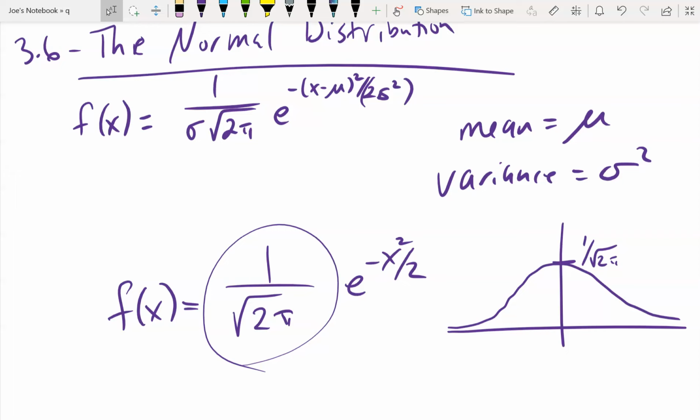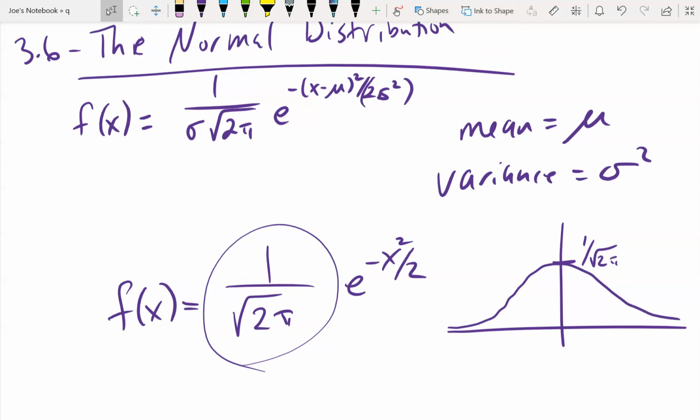And the reason why this sigma is out in front here is because I need to adjust to make sure that my area stays 1. That's going to be a PDF, right? So when I put the variance in here, I'm going to put a sigma on the front to keep everything equal. Think about what you would do if you did a U substitution, right? If I did a U substitution, the 2 would come down in front, so we cancel that 2. Agree? Okay, so that would be why I would need this sigma in here to adjust for the area.